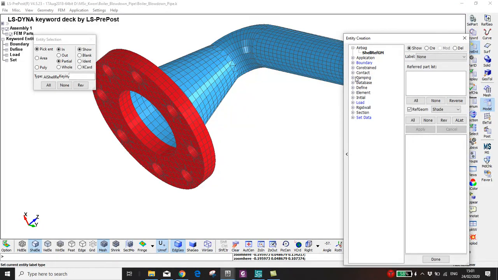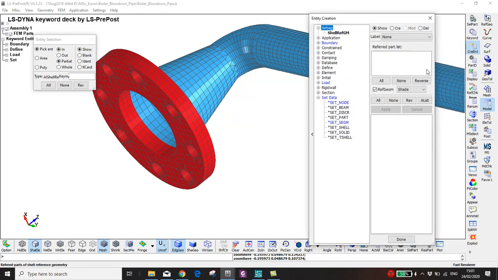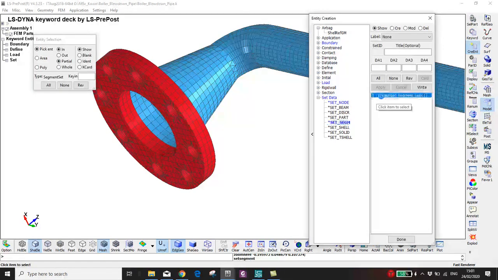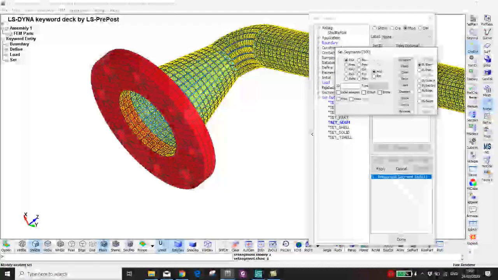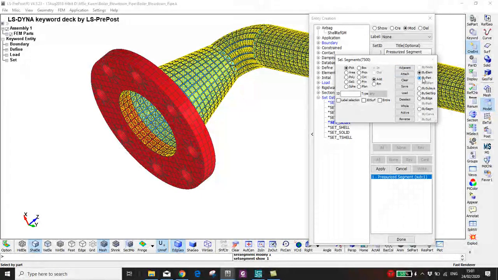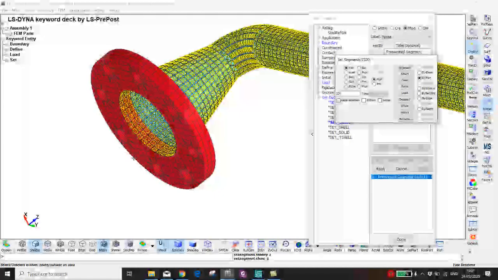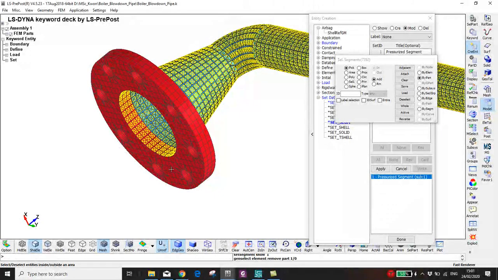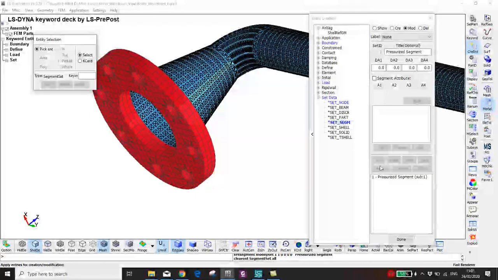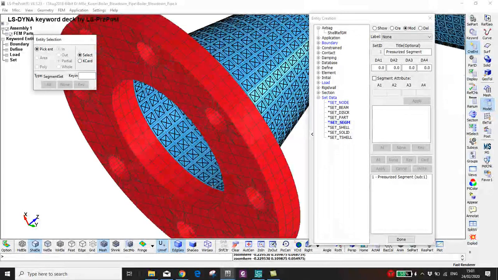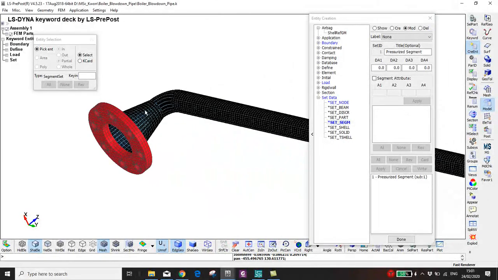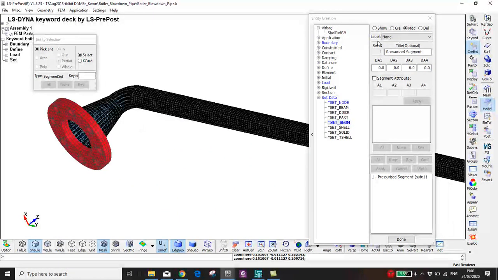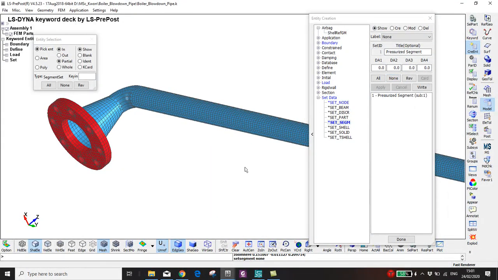So click on the set data, okay, model, create entity, set data, segment, then pressurize segment, modify, okay, and then by part, then I right click on this one and then accept or apply. Now this part, we don't have any pressure applied to it. Okay, so in this case the pressure is only applied in the pipe. Show and none. Then we save,